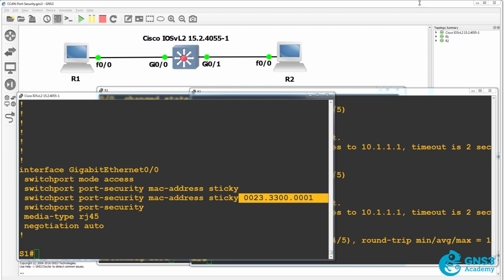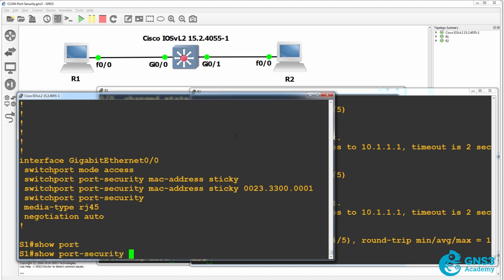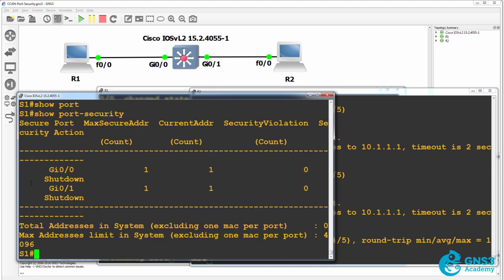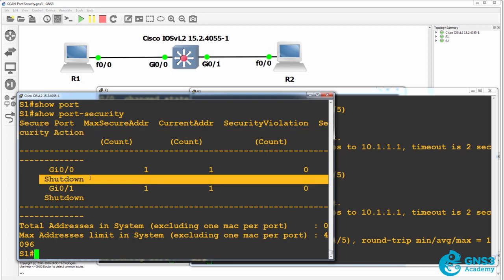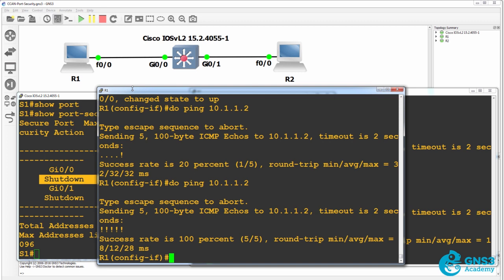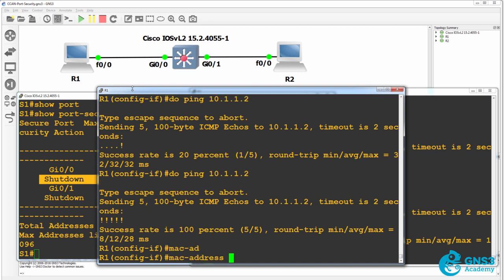When a violation occurs at the moment, we've configured the ports to shut down. So show port security shows us that the security action when there's a violation is to shut the port down. So as an example, if we change the MAC address of the first router to some other value, let's say 4,